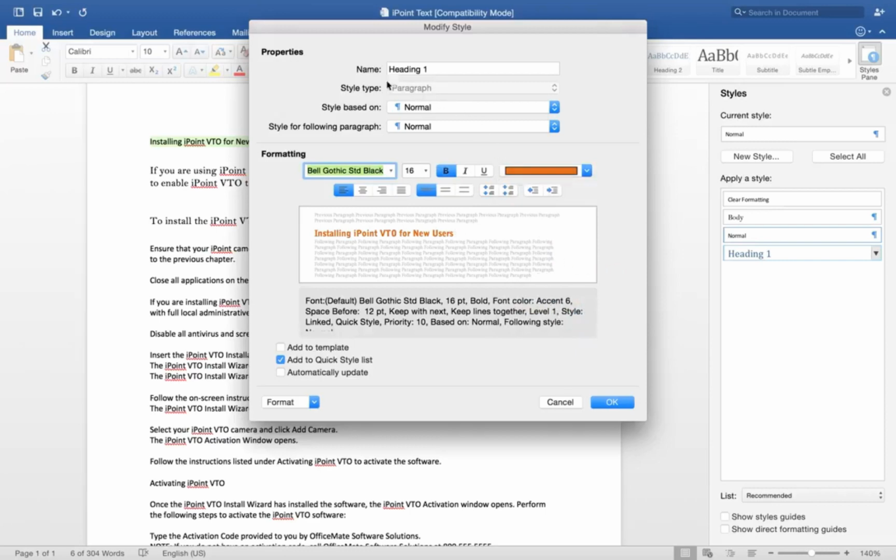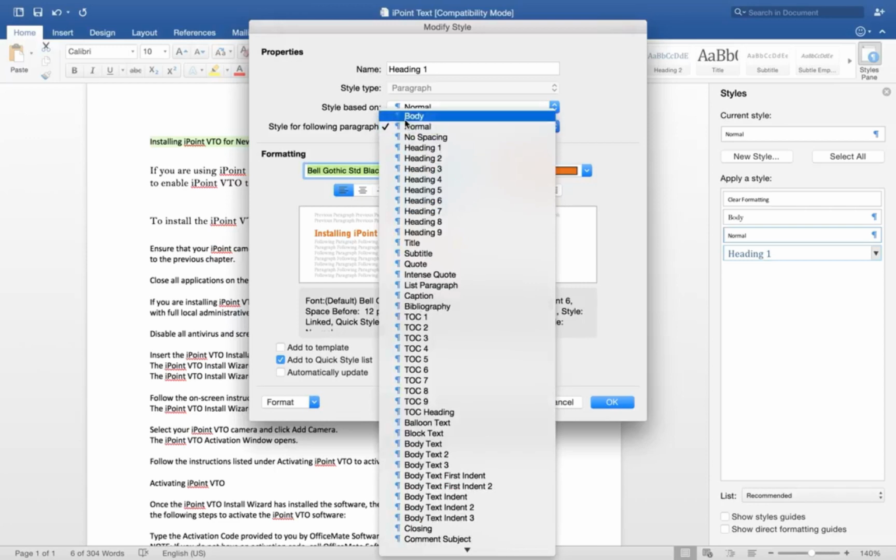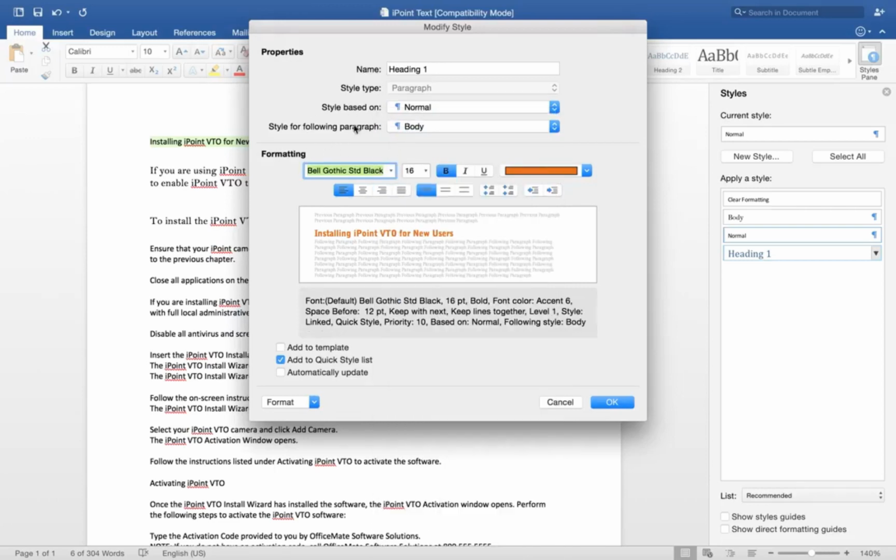For the style for the following paragraph, what this means is when we press return, what paragraph type should appear next? Naturally, we want the body paragraph type to appear after a Heading 1. So go ahead and select Body for the style for the following paragraph.